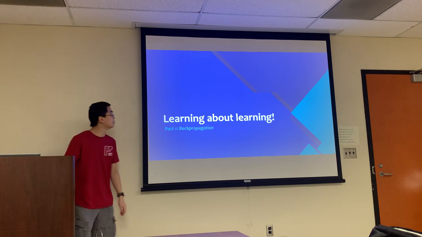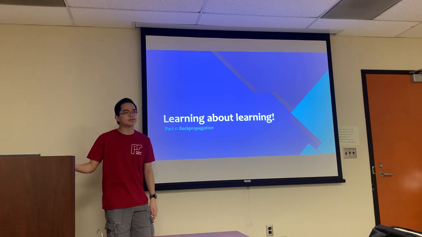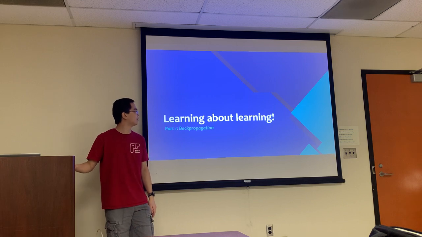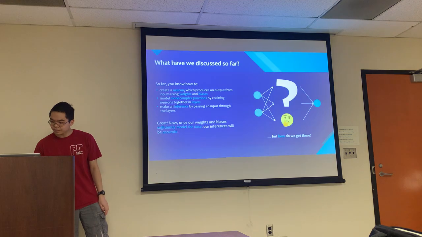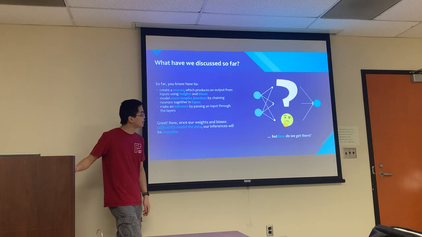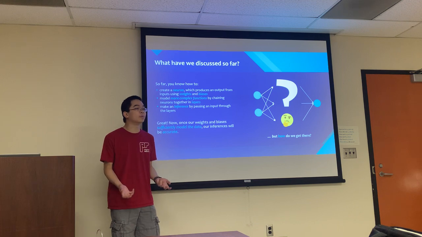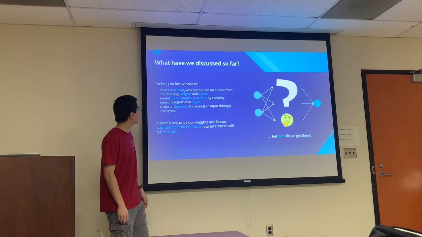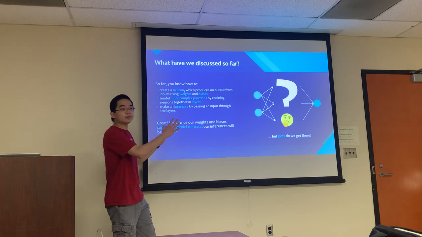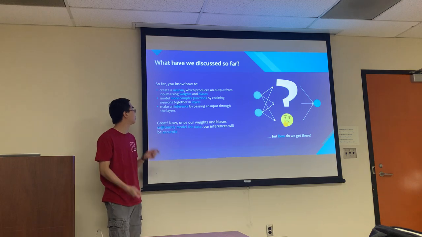So now we go to backprop. Backpropagation is not actually strictly referring to a learning process, but we like to think of it as a learning process, where essentially we need to ask ourselves the question of how do we actually train our model? That's a very important question because you want your model to learn. This is the point of machine learning, right? So we've learned all the setup for a neural network and running a prediction with it, but now how do we make it learn? How do we make it better?